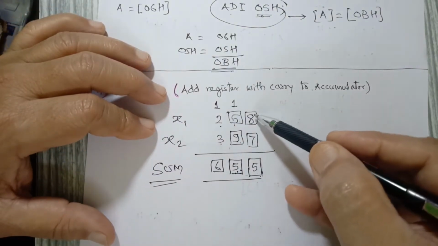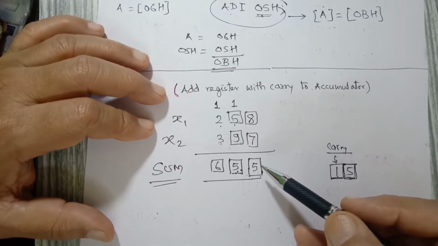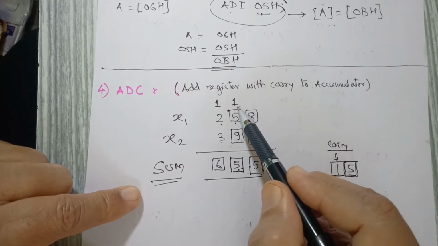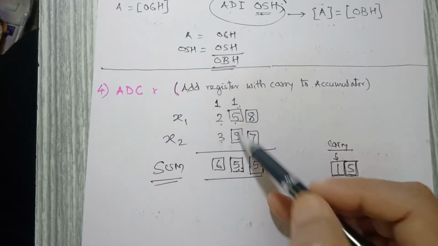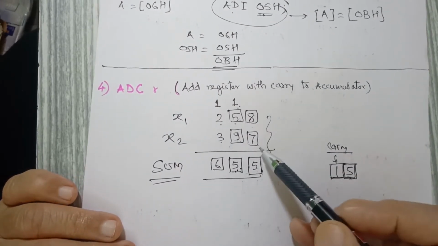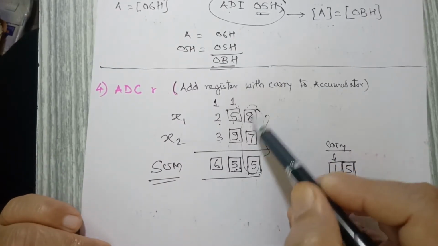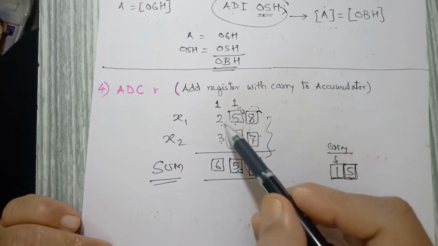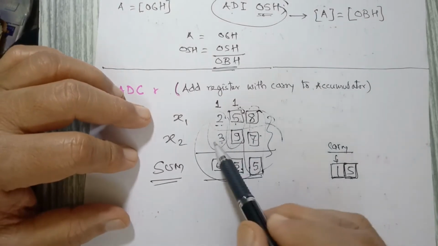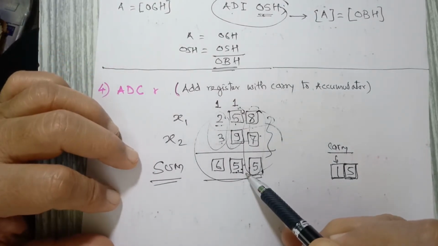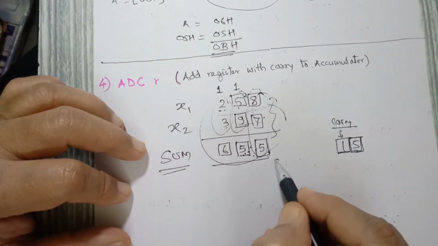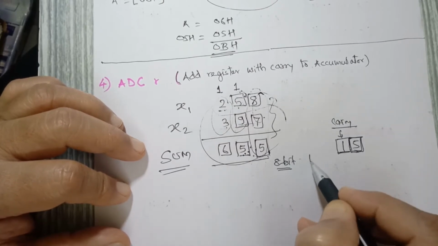While adding every column, you have to check whether a carry occurred in the previous addition, and that has to be accounted for while adding the next column digit. So this total addition takes place in 3 steps. First we add this, next we add this along with carry, next we add this along with carry. This is how we handle multi-digit numbers in the decimal number system. In the same way, in the microprocessor we have the accumulator and registers. They have just 8 bits, that is a byte.